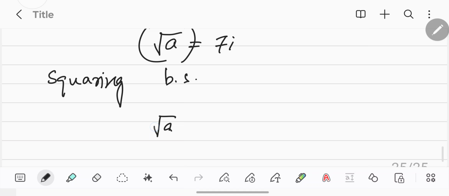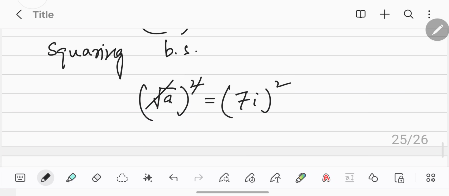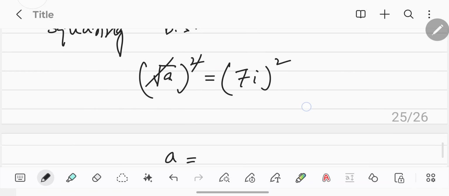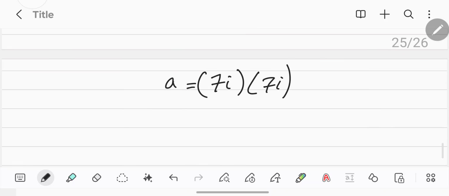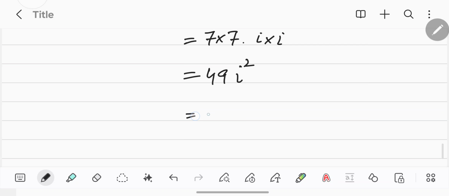We will have the square of this equals the square of this. Since this square will kill this square root, here we have a, and here the square of 7 iota is 7 iota times 7 iota. That means 7 times 7 times iota times iota, which is 49 iota square. Since iota square is negative 1,